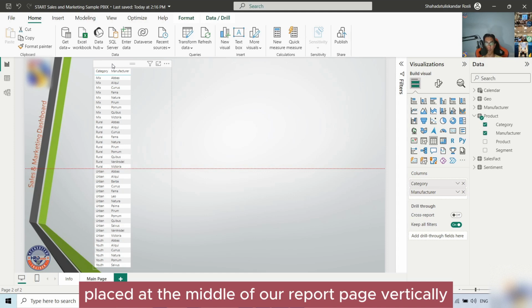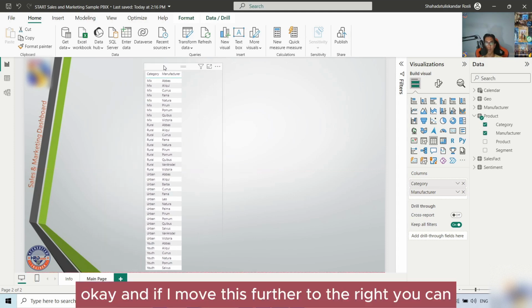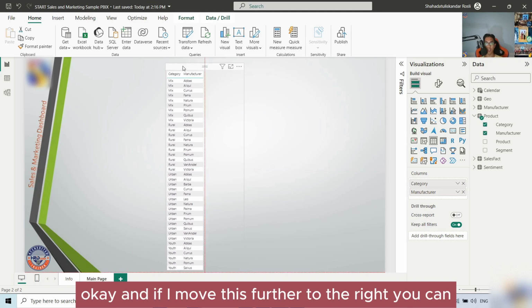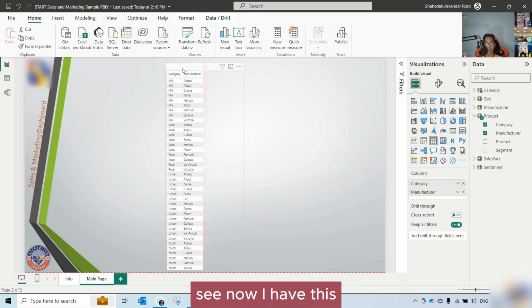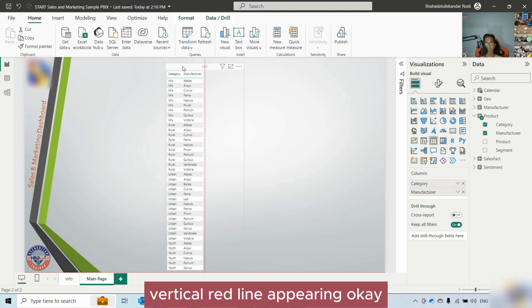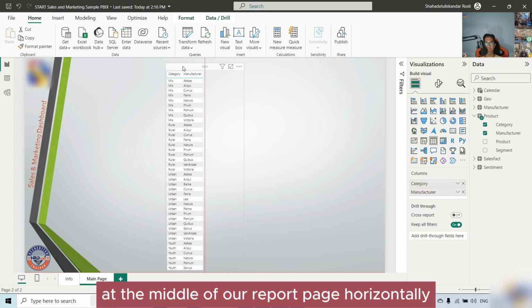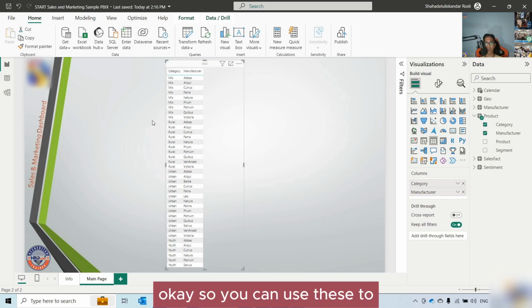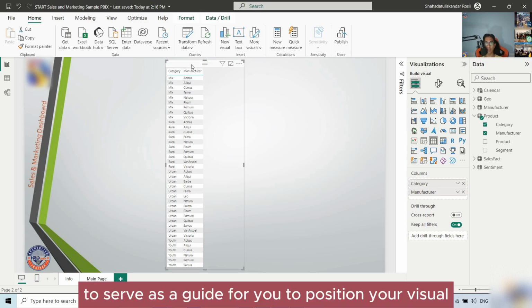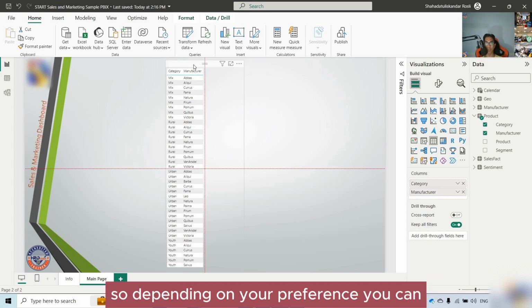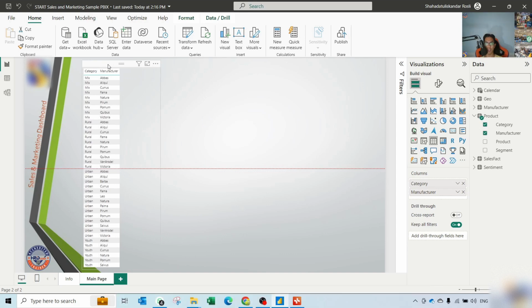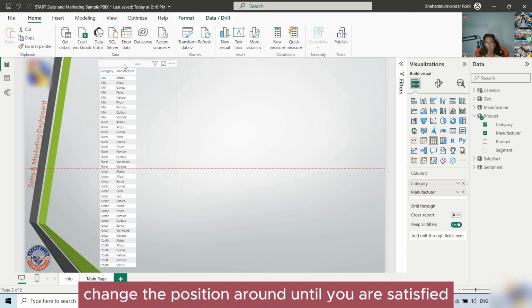page vertically. And if I move this further to the right, you can see now I have this vertical red line appearing. That signals us that our visual is now positioned at the middle of our report page horizontally. So you can use this as a guide to position your visual on your canvas page. Depending on your preference, you can change the position around until you are satisfied with